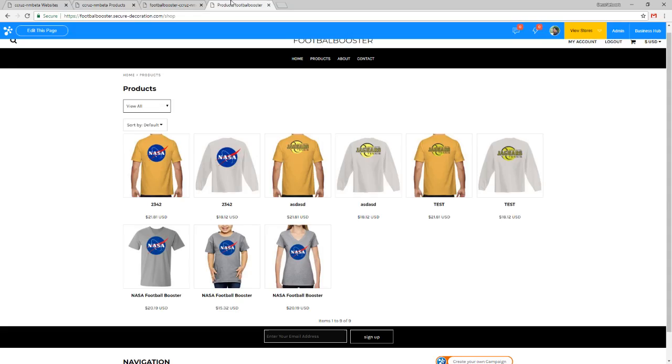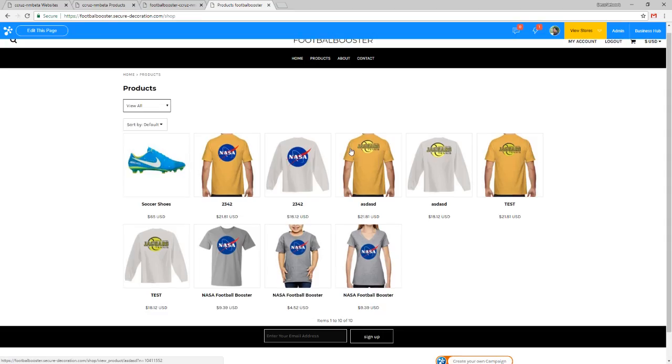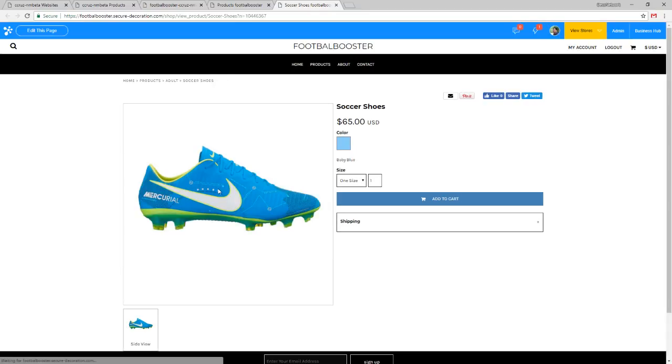Let's take a look at the side and see how that's showing now on our products page. So you can see here, side by side, I now have an item that can't be decorated. It's being sold as is. There's no graphic on it. It's literally just the picture of the shoe that I'm selling for that price. I can select a size. In my case, I selected just one size being available, but you might add multiple sizes there. And really the only option is to add to cart, which is exactly what you would want for a product